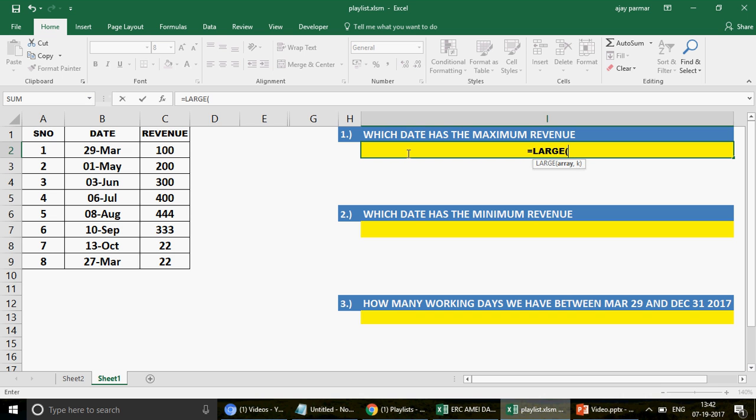Well, we are using the LARGE function because in LARGE you have the k parameter. The k decides which largest number you want: the first largest number, second largest number, third largest number, right? So in this case I can also use MAX. That's okay, right? But why I'm using LARGE is because,